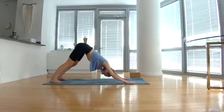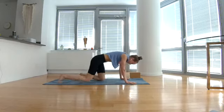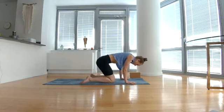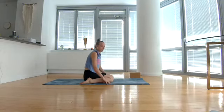Your face is so soft, and so is your breath. Breathing in, breathing out, bring your knees back into the ground for a moment. Sit on two, maybe widen your knees a little bit, and then sit in between your feet onto your mat